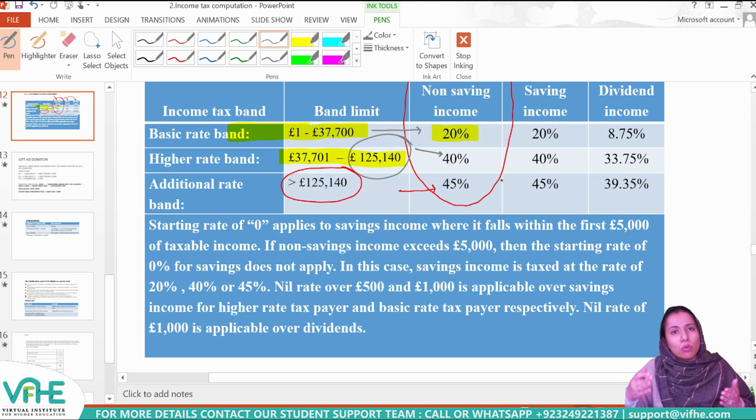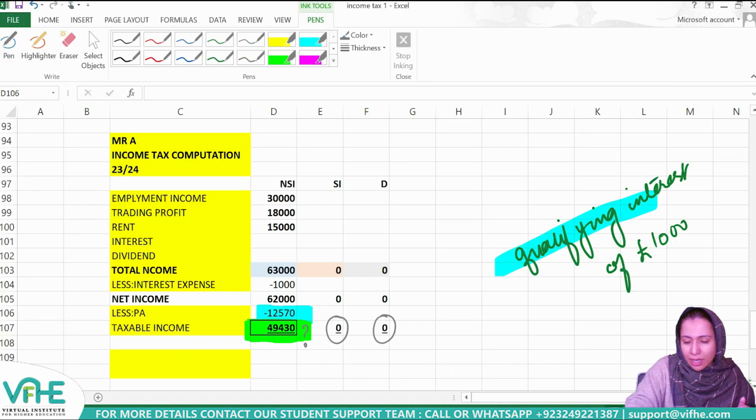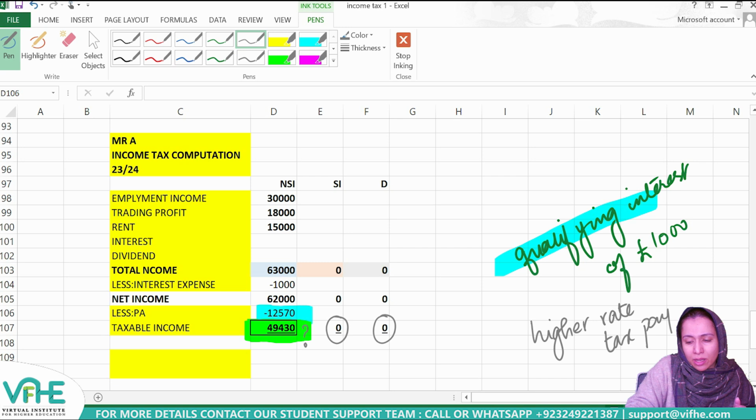I need to see to which extent this person will have to move. This person has to apply the higher rate. He's not just confined to the basic rate. He will have to apply even the high rate as well. This is the highest rate that he will be applying on his income. So I shall call this person a higher rate taxpayer, but I will have to apply the rates step by step in a gradual manner, as his taxable income is